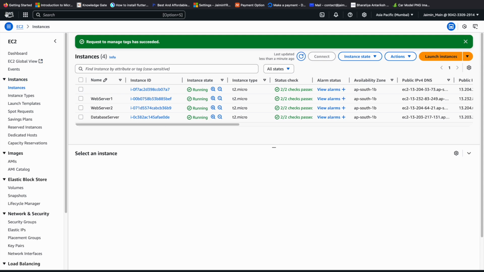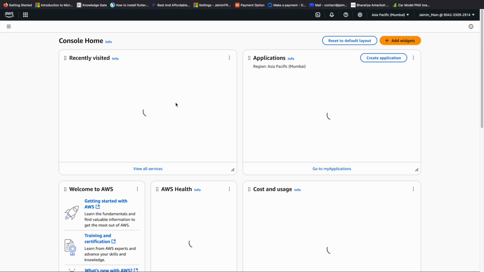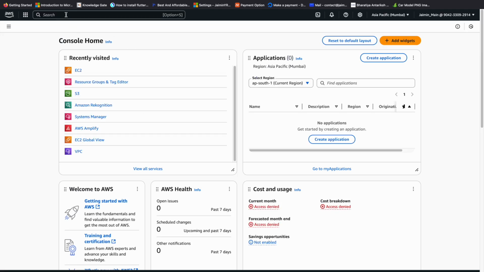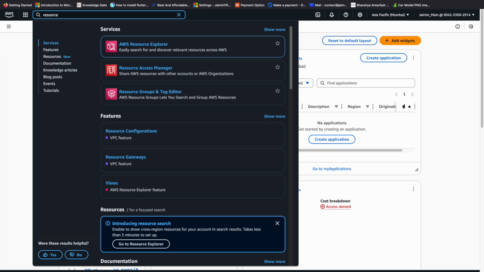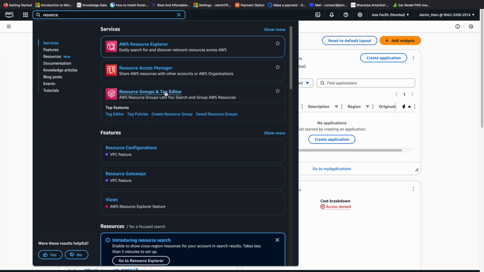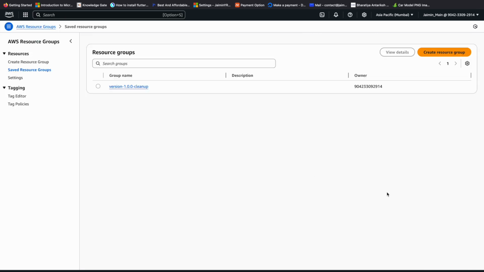Now we will create one new resource group for these tagged instances. Okay, now for this we will search resource. Here you can see resource groups and tag editor. So go to create resource group.